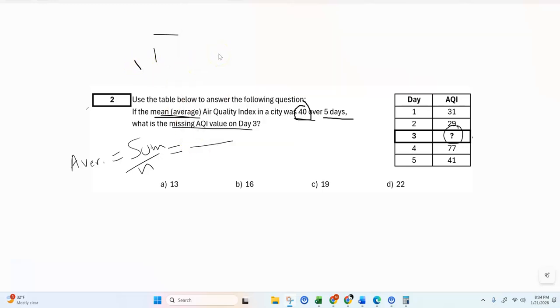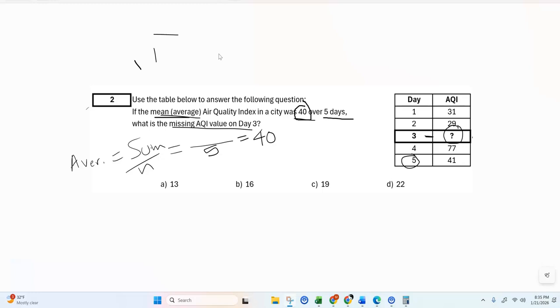Okay. So we know that we have 5 numbers after we find the missing number, which is the third number, right? So there's going to be 5 numbers. Well, what's the sum going to be? Well, we're being told that the average is 40. Okay? So what does that tell us? That tells us that whatever the sum is on top, if we divide it by 5, it will equal an